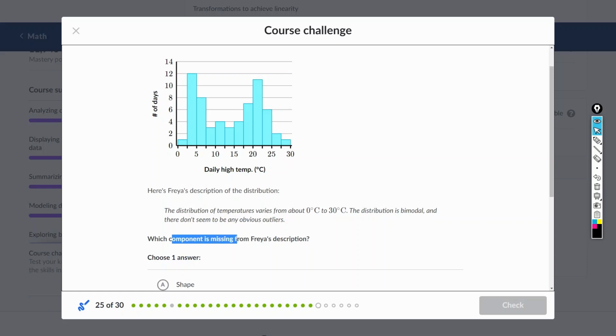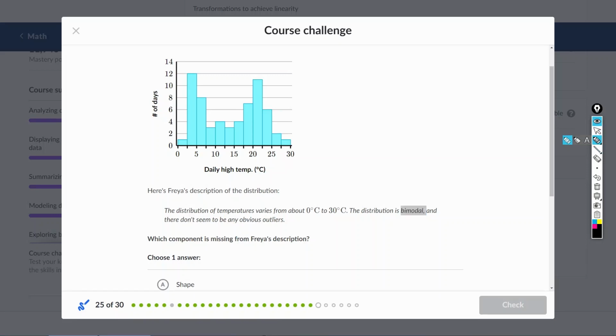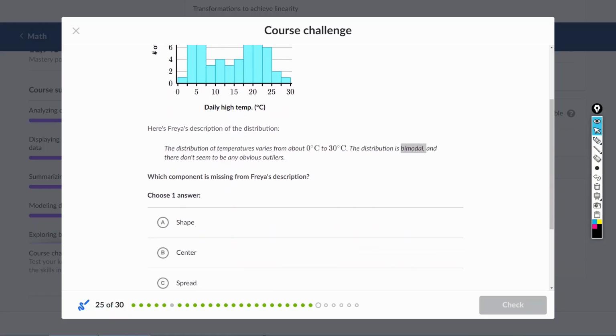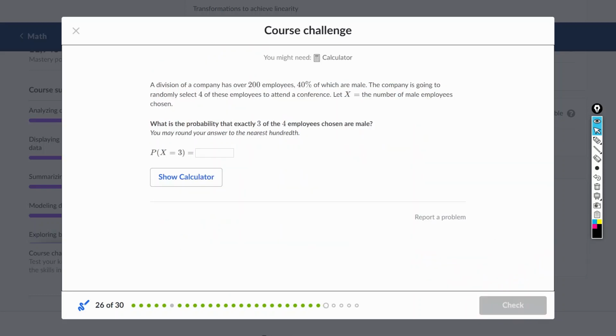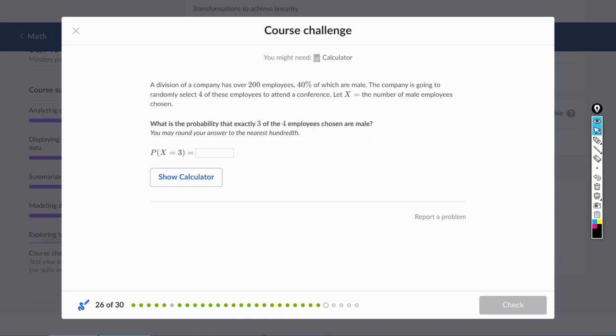Which component is missing? 那 shape 已经说了是 bimodal，就是说差不多有两个峰在这里，然后 center 没说。spread 说了0到30，outlier 也说了，就 center 没说。